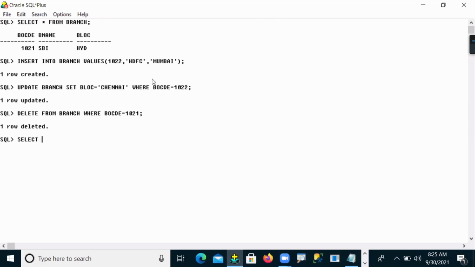After doing all these operations, let's come back and see your table. Observe that whatever we did, insert, update, delete, these three operations were successfully performed on my table, and this is the final output. Is it right? Every operation is performed. Carefully observe and identify.